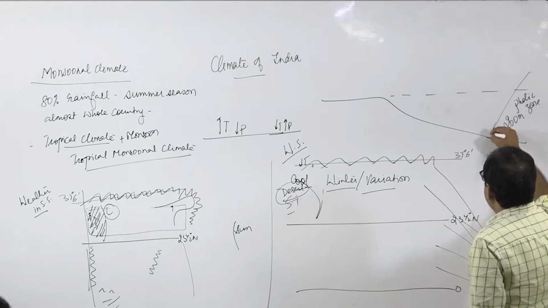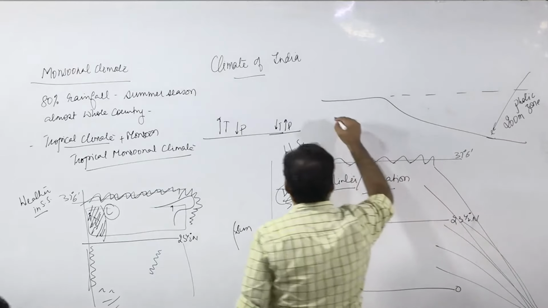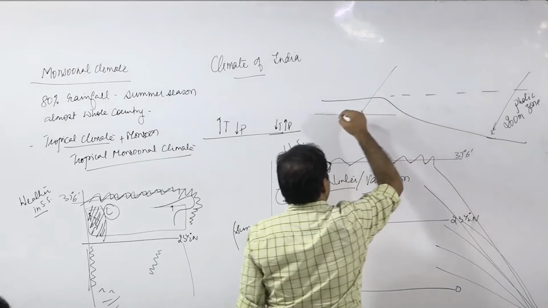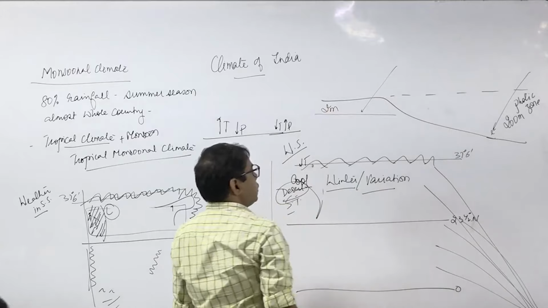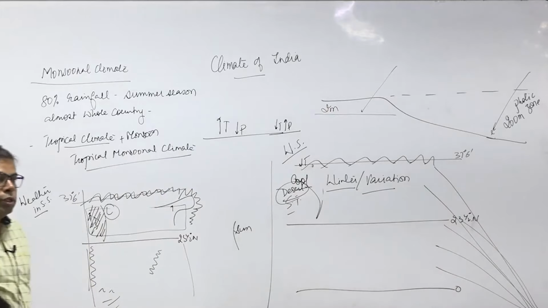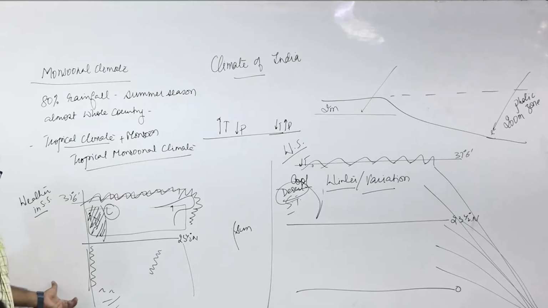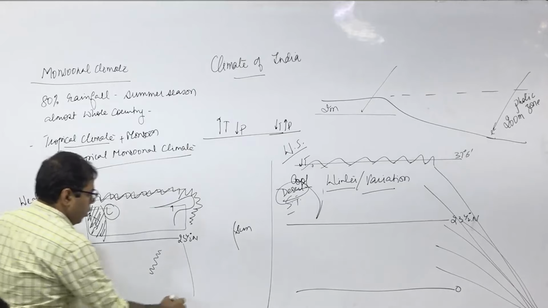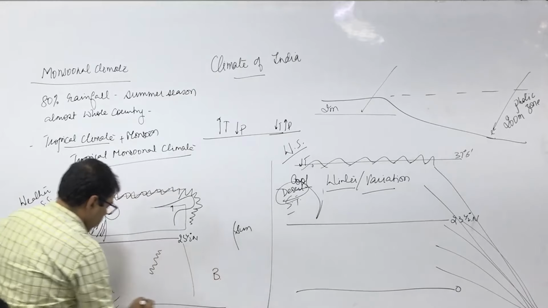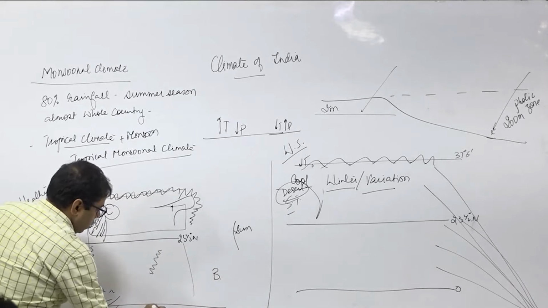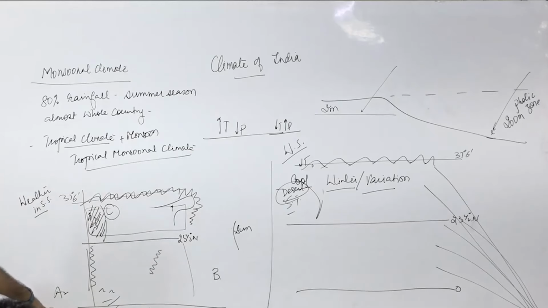So when the sunlight can penetrate into the water for 200 meters, and over the land it can penetrate up to 2 meters, which will be heated faster? Land will be heated faster. So it will absorb or accumulate heat faster. Then in the surrounding oceans, Arabian Sea, Bay of Bengal or Indian Ocean, their temperature will be relatively low.